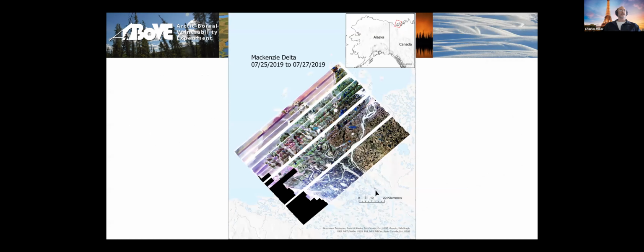Here's the 2019 raster, which, as you can see, is incomplete due to cloud cover and some other operational things, but we've got more of the coastal ocean and both the main channel in the east and going out into the east channel, the main channel in the west and going all the way out into the eastern channel. Next, please, Peter.